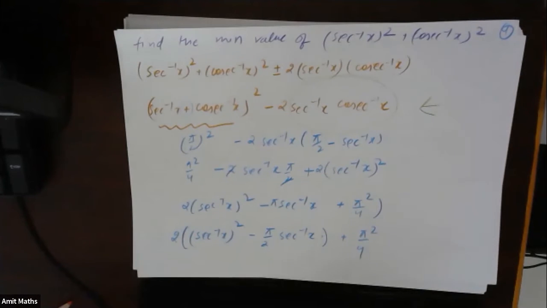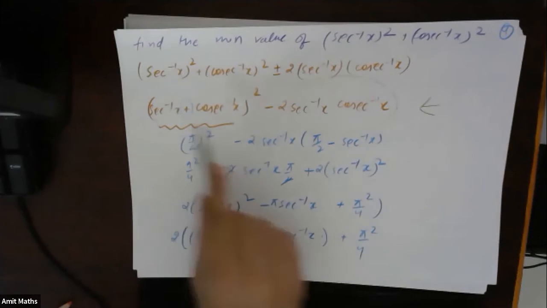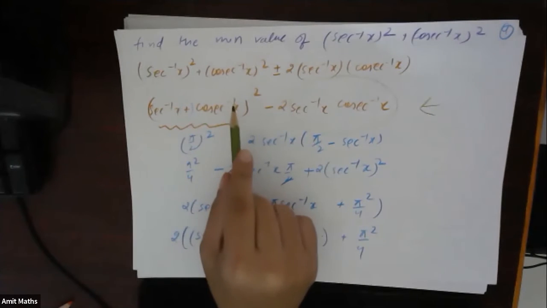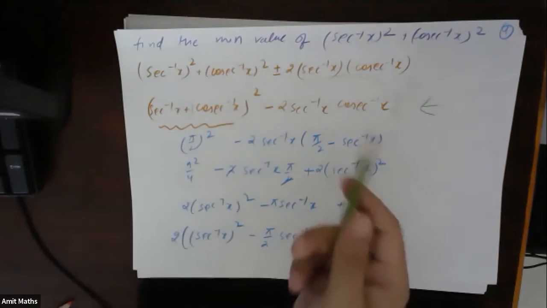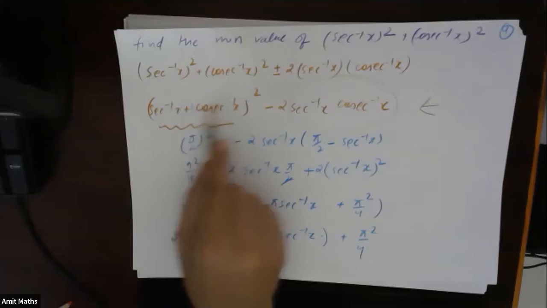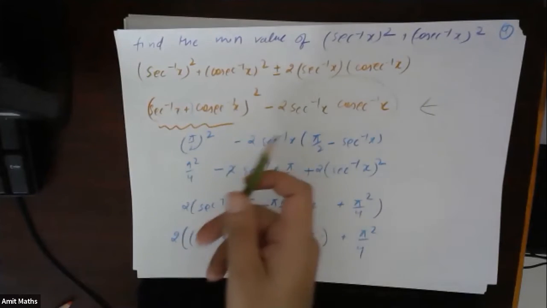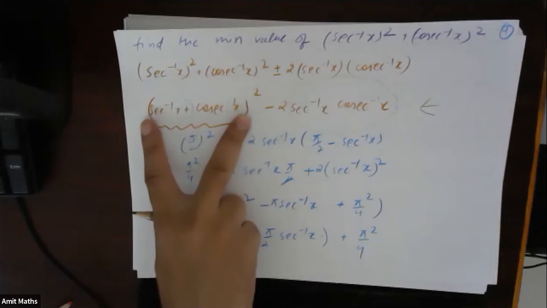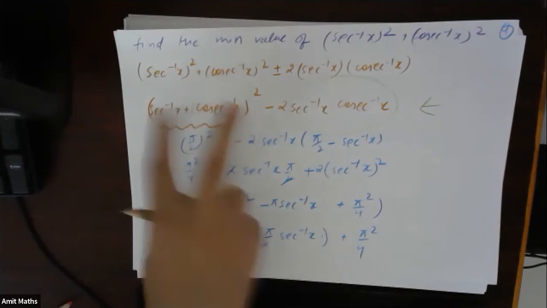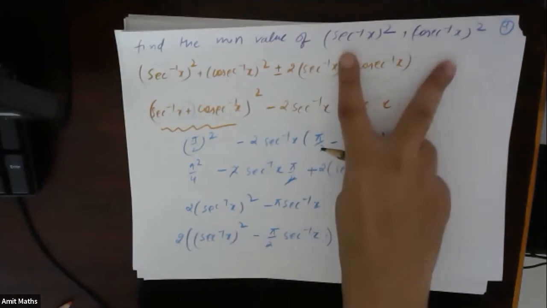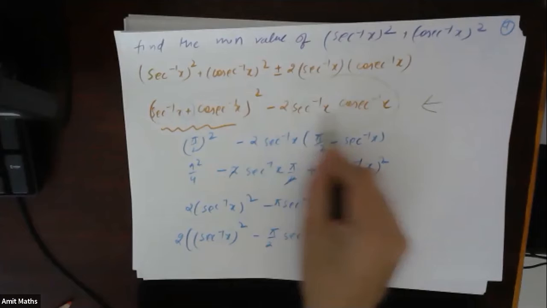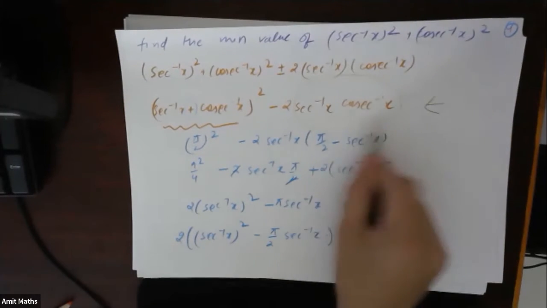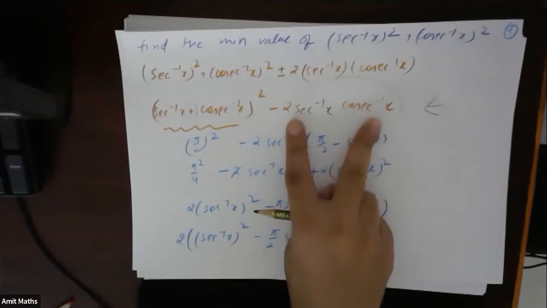In normal questions, when we convert into a perfect square, generally we will have x plus 1 by x whole square, or y plus 1 by y whole square, or x square plus 1 by x square whole square, and something like that. So this will become a constant. That is why we can find the maximum minimum value using the square only. But here when we are converting this thing into a perfect square, this part is left out. This part is still left out. And we do not know how to find the maximum minimum of these two, right?